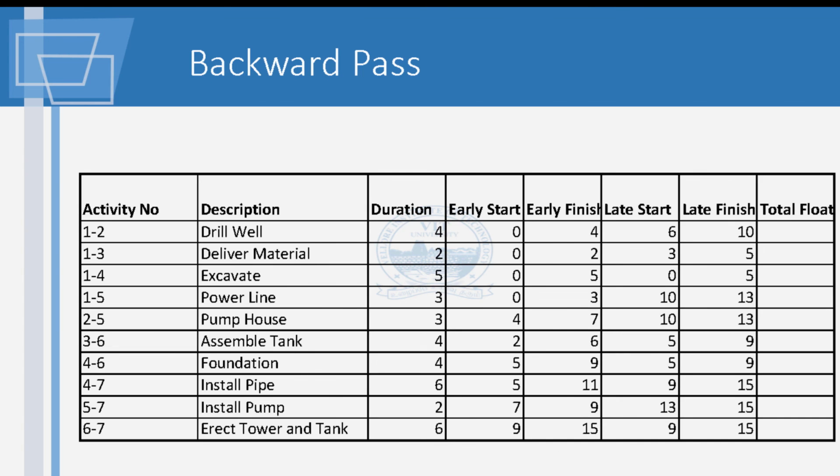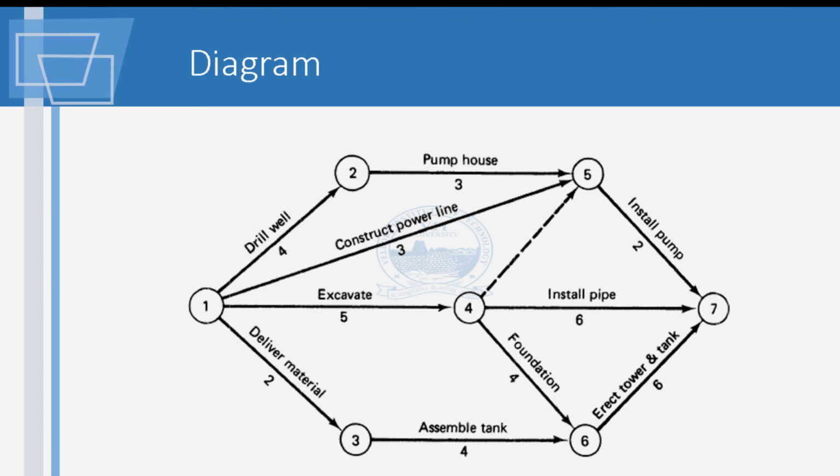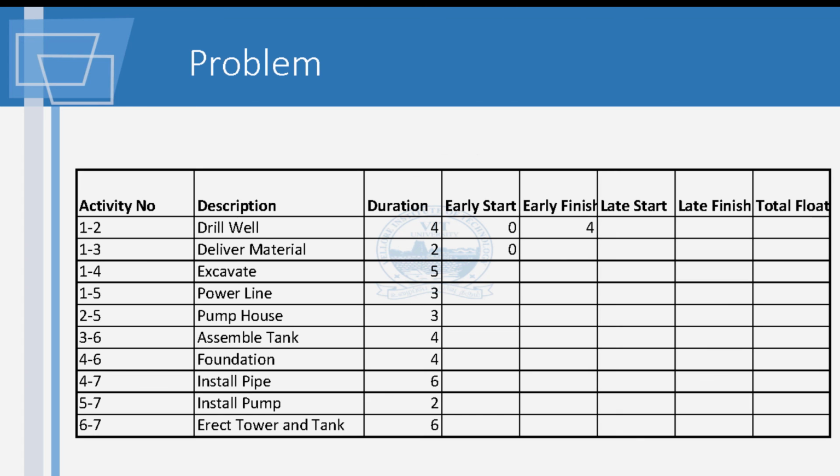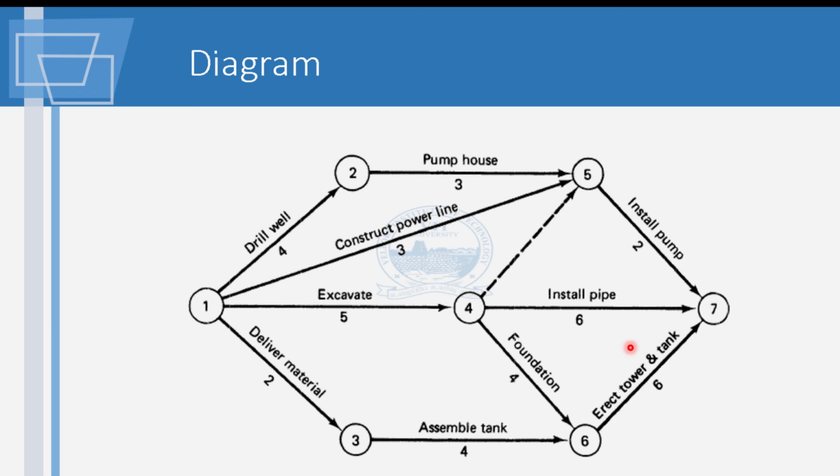We will just go through this one more time very quickly. First, you make the diagram based on the activity numbers which have been identified. Once you get the activity numbers, put it in the diagram form. Once you put it in the diagram form, you will be putting the duration and the activity. In this case, the activity is put on the arrow. So this is called an activity on arrow